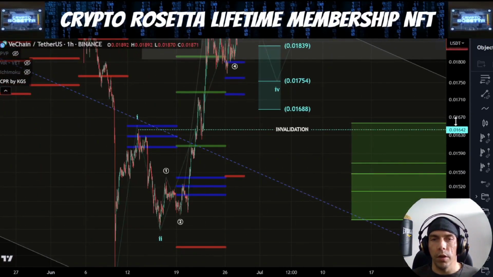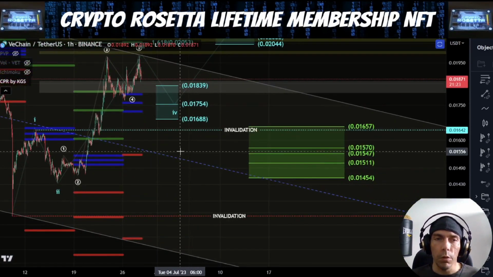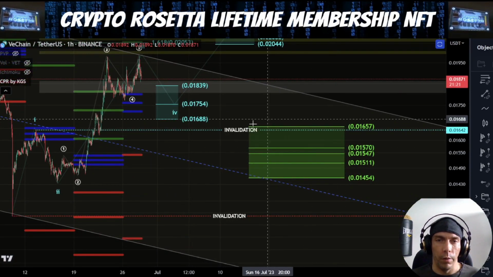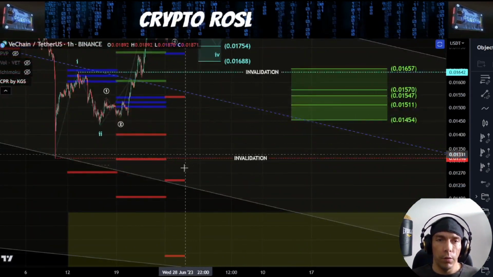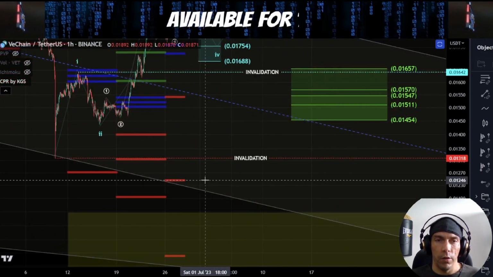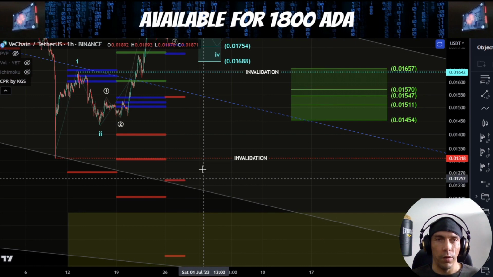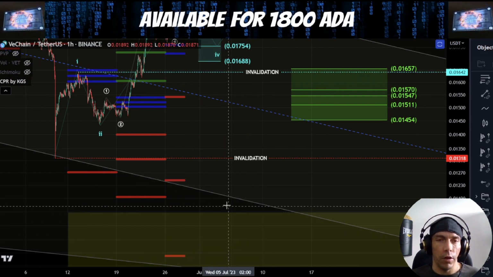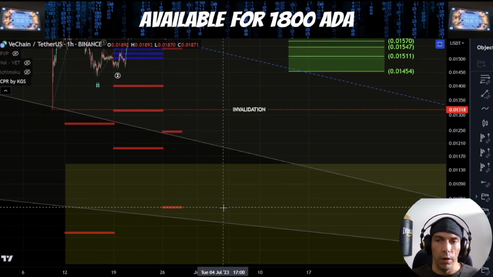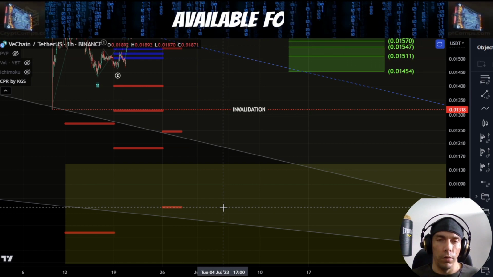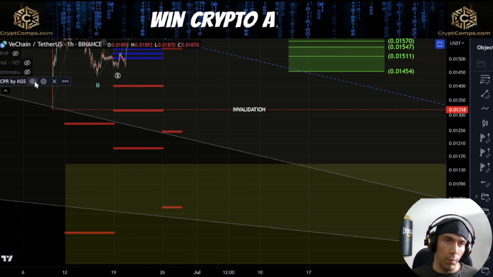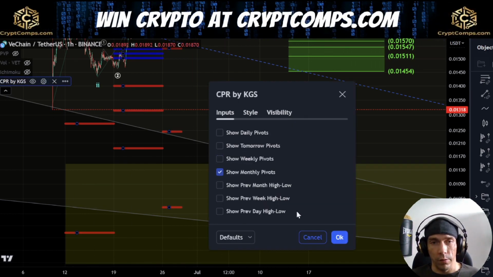Alternatively, if we do start to break down in a bigger way, we do have this R1 line which is sitting in our support zone, but then if we do look to break down below this invalidation line, we have this 1247 which could align with coming back into the channel, and then we have this area down here towards this 1027. So that would be looking at some downside targets.